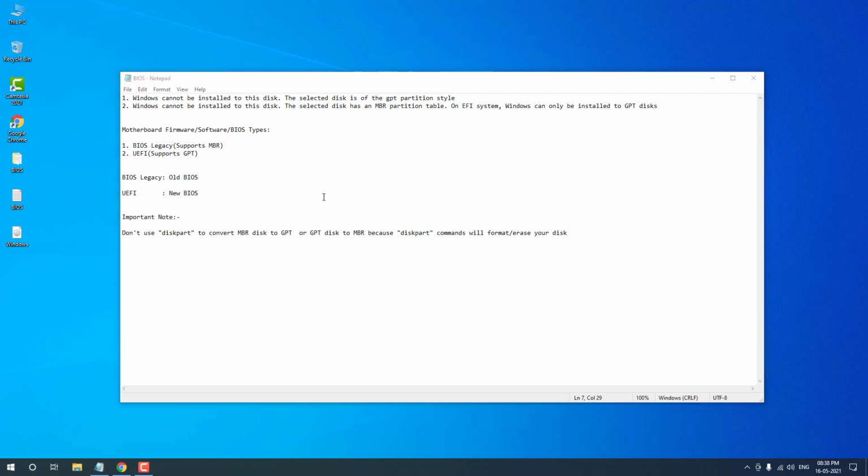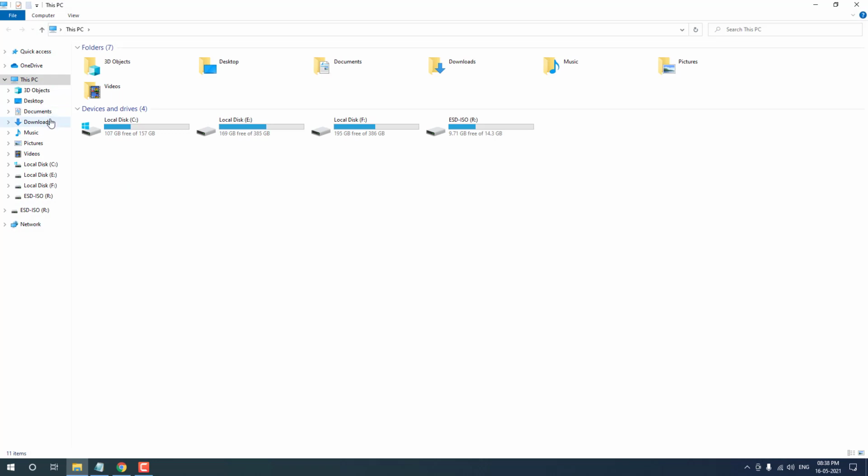Okay guys, if you cannot access Windows to check your partition style, then don't worry. If the first error is shown, "Windows cannot be installed to this disk, the selected disk is of the GPT partition style," then open the Rufus software, which I have already downloaded.